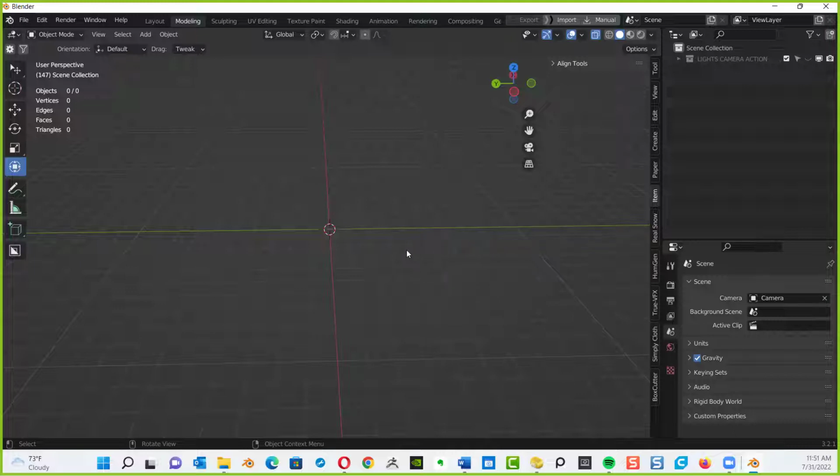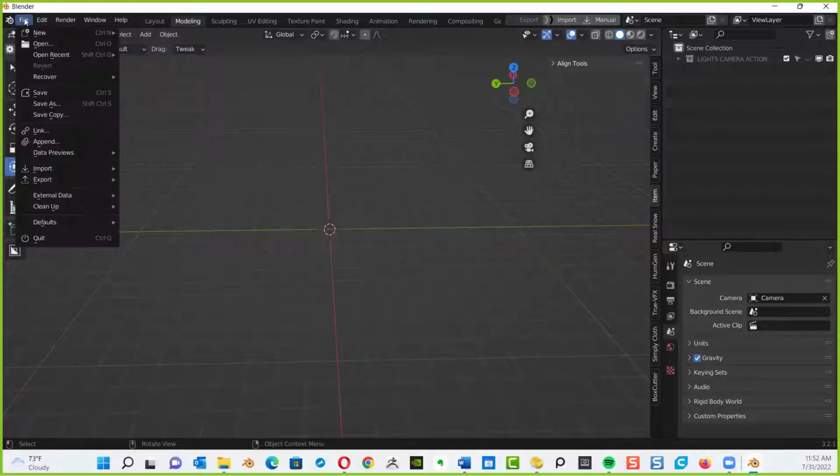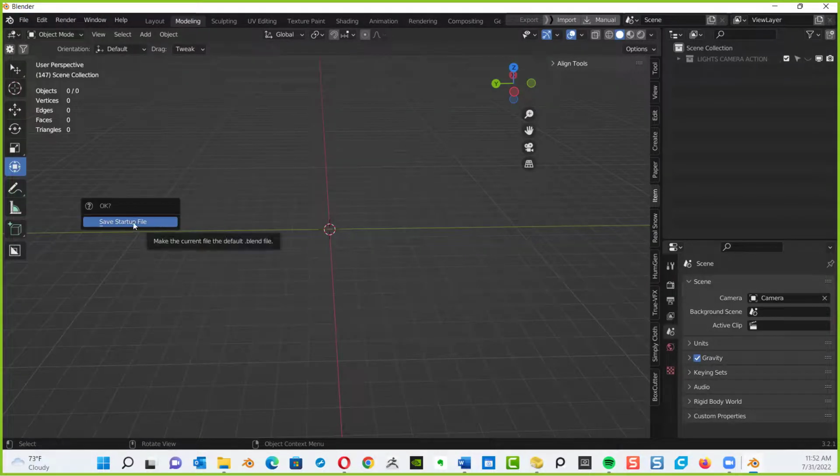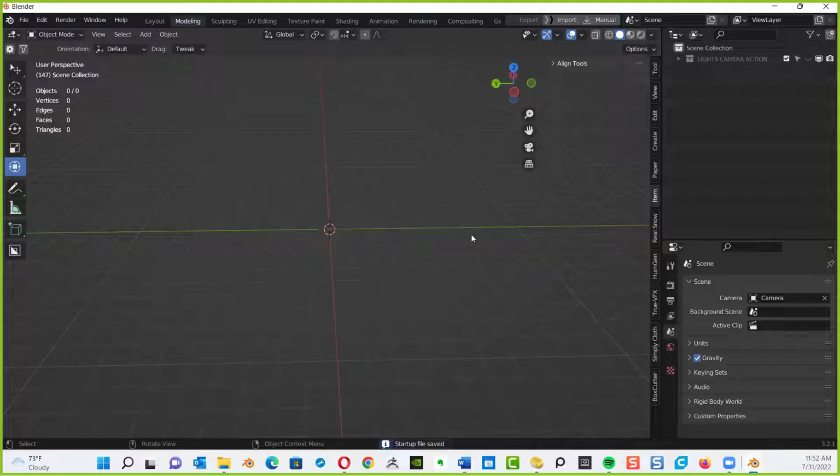I'm not hitting delete on my keyboard, but I'm looking for delete. The X key is delete in Blender. Got it. Now, I have the X-ray view on right up here in my viewing options. Once again, I'm going to turn that off, so by default it's going to stay off. When I open up Blender, I want everything to be reset just like I see it. How do we do it? I want to save these preferences. Easy. File menu, defaults, save startup file. Done.